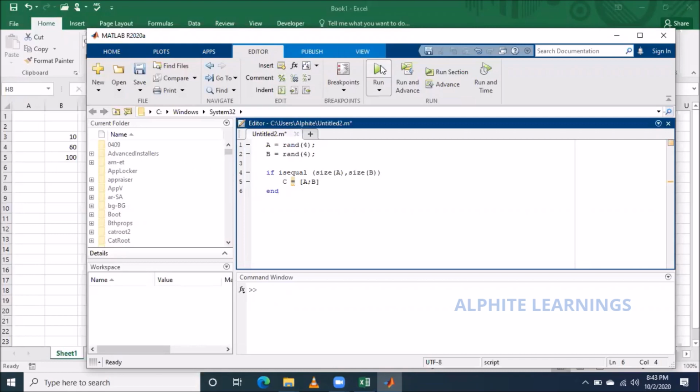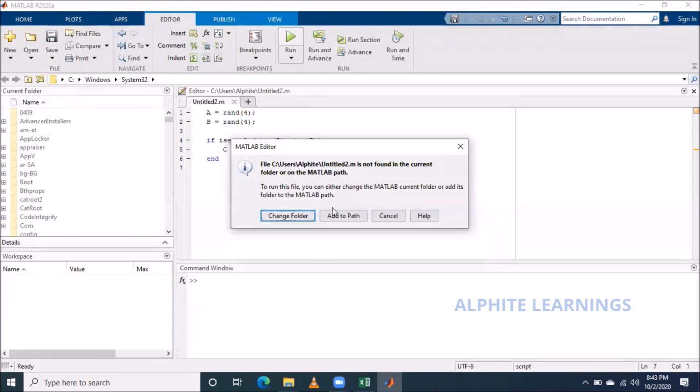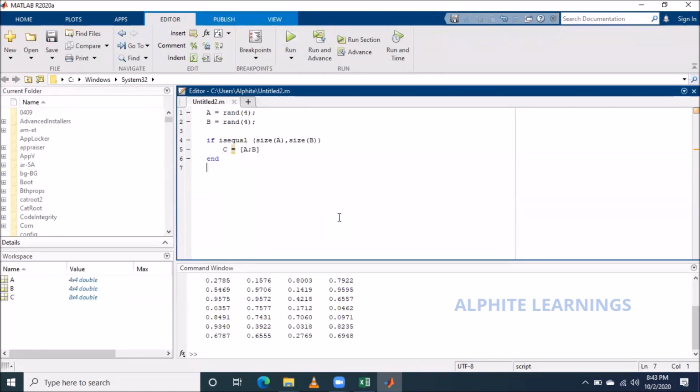So I'll just run this program. I'll just make it big. Okay, I'll just run this. Since a and b are both equal in size, it took a and b and concatenated them.